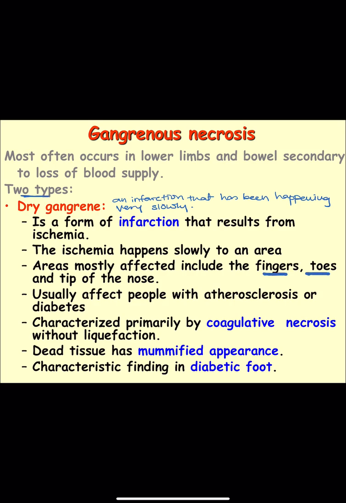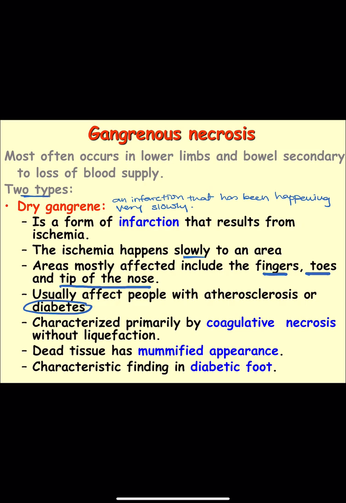Where do you see it? Usually you see it in patients with atherosclerosis and diabetes. Diabetic patients. All right, so remember that it happens slowly to an area, and the reason for that is that there has been a lot of collateral circulation that kicked in, that was able to maintain a little bit of flow to that distant region, to allow it to have some kind of